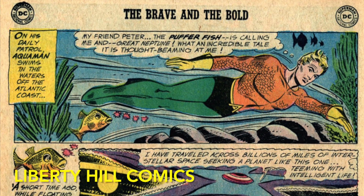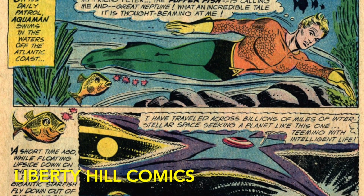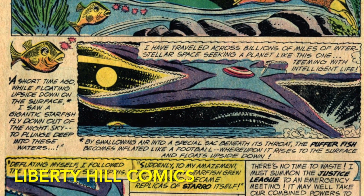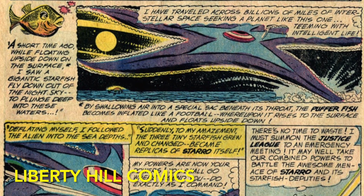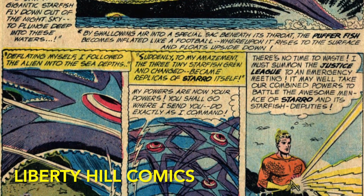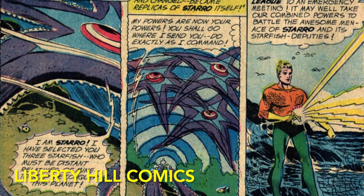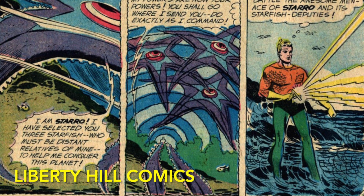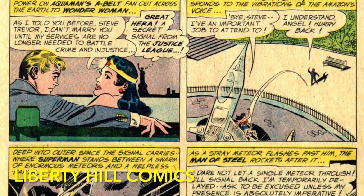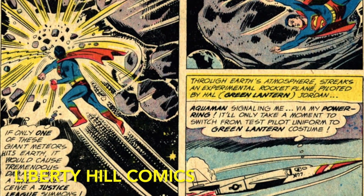The story proper opens with Peter the Pufferfish alerting Aquaman of a menace from the stars, a giant starfish that fell to the ocean and recruited 3 terrestrial starfish, imbued them with its power, and sent them off with nefarious tasks that Peter overheard and relayed to Aquaman. Aquaman uses the communication device in his belt to summon the Justice League. We get establishing shots of each of the members, giving us a little of what they were doing in their non-JLA time,